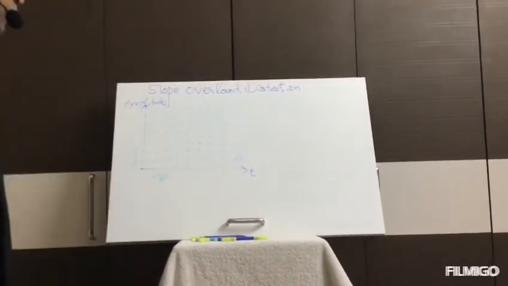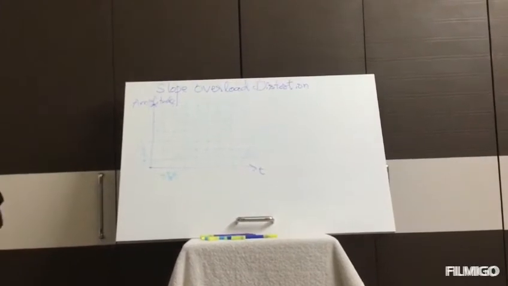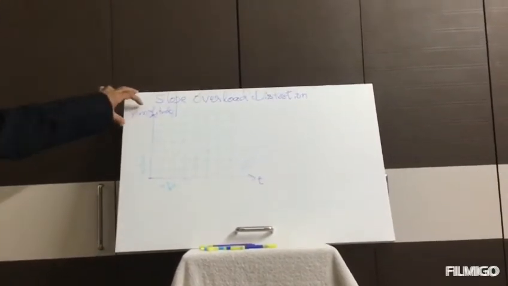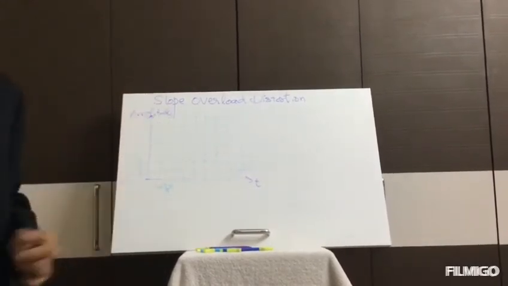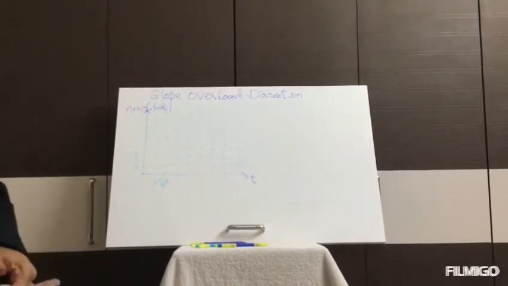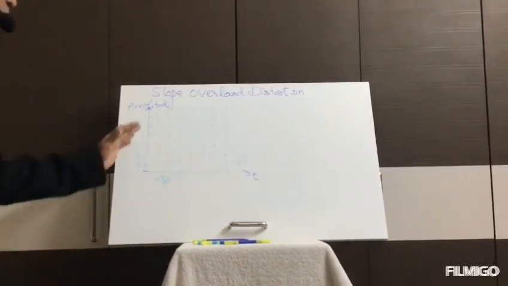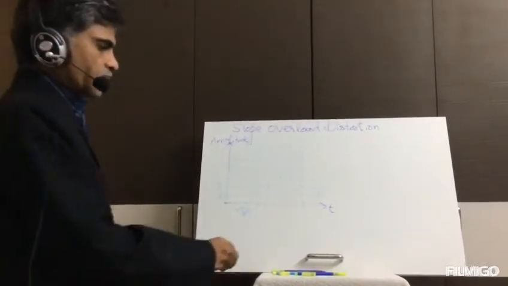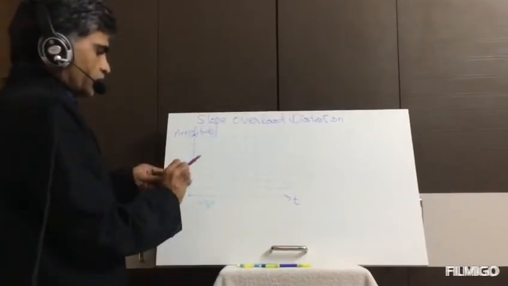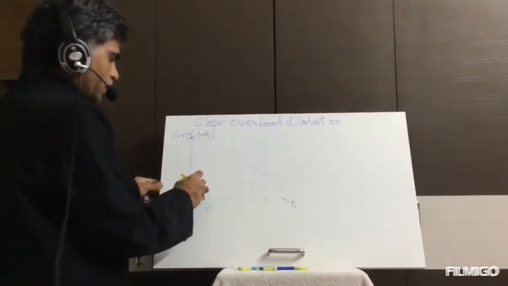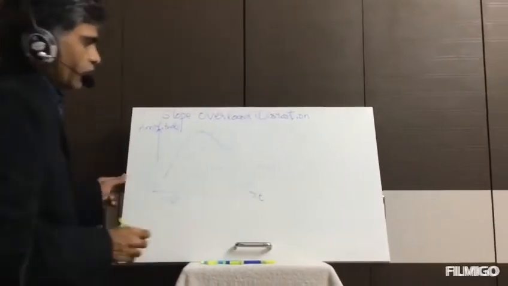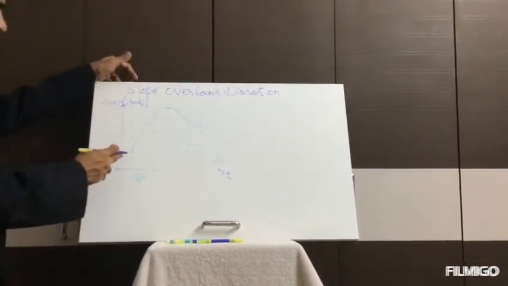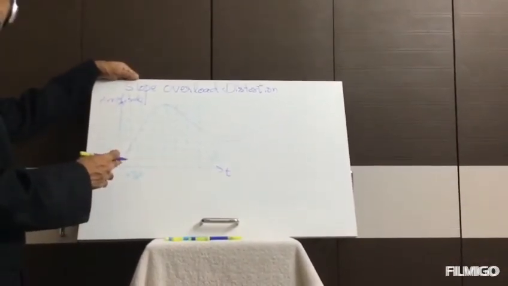And in what case does this distortion occur? Whenever the instantaneous amplitude of the signal is rising steeply, or in other words, the amplitude of the input or continuous signal is rising steeply compared to the step size, then we come across this slope overload distortion. So that's why I take a steep rise in the amplitude of the continuous signal like this. And then according to these step sizes, we will get the staircase approximated signal.